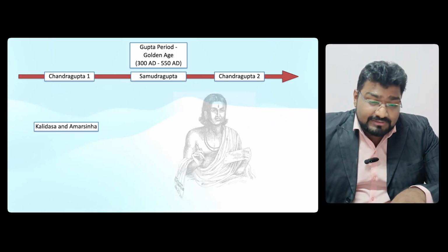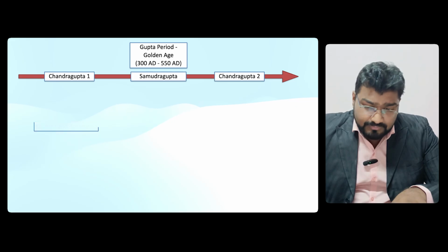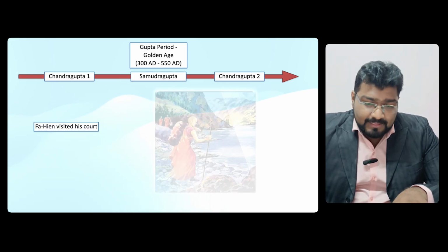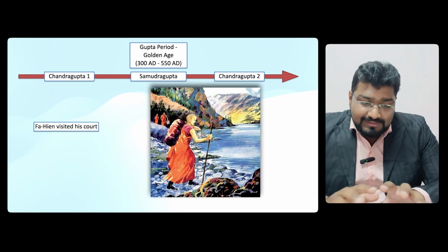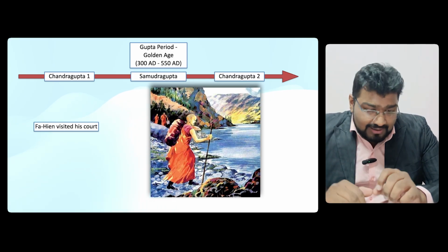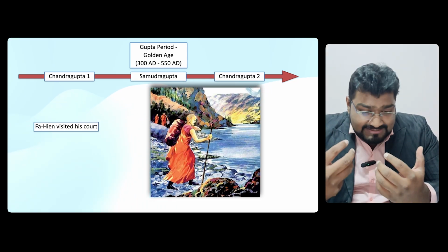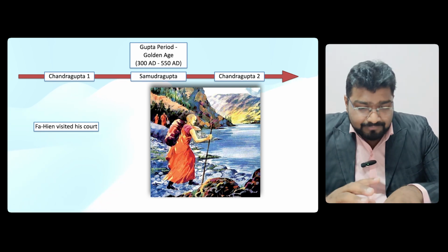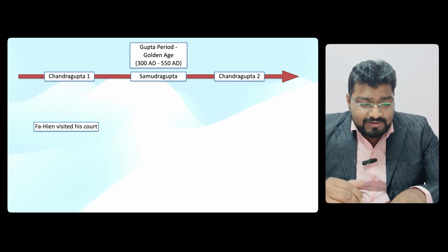Then, again during the period of Chandragupta II, one of the foreign travelers will come, that is Fa Hian. The Chinese monk Fa Hian called this place under the reign of Gupta, or let's say under the reign of Chandragupta II, a land of peace, prosperity, and dharma. Now, we will further see